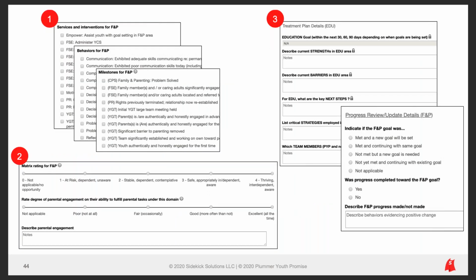So how we put this all together is that every one of these indicators is evaluated at a particular interval, and the data quality reporting supports us in identifying or ensuring that intervals are done in consecutive order. So we're able to track behaviors, services, and milestones. That's number one. Those are part of the progress note,